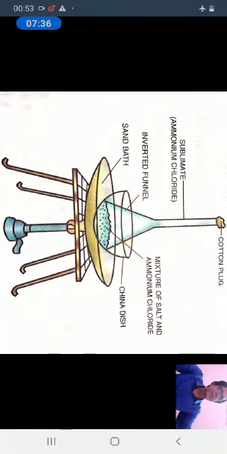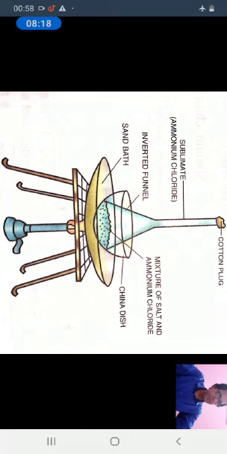Now next is sublimation. Sublimation is the process in which a solid changes directly into vapor and vapor changes directly into solid. This method is used for the separation of the components of a mixture in which one component undergoes sublimation whereas the other does not. Now principle. It employs the principle of change of state by skipping the intermediate state.